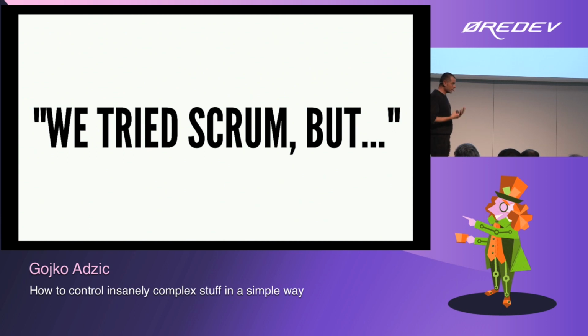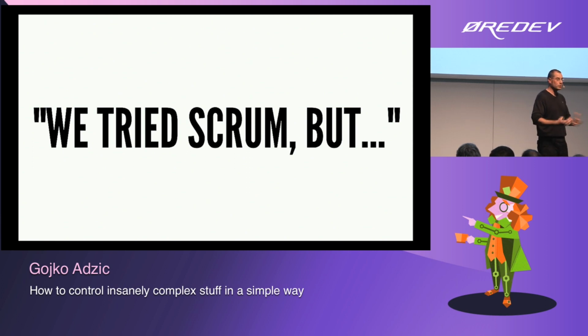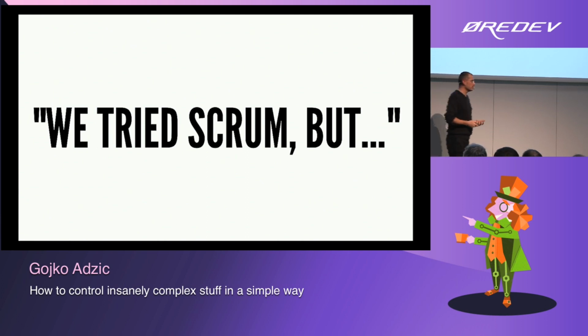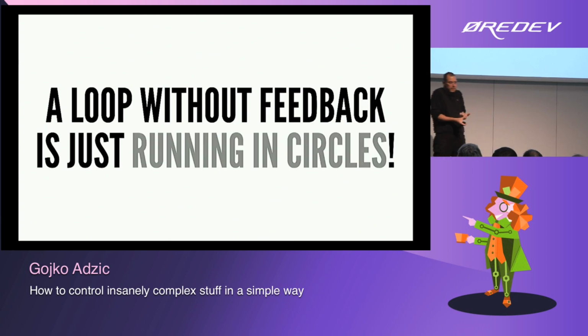So, Scrum has some concept of feed-forward. Scrum has some stuff that other people have tried, and it turned out it was a good idea in their context. Like user stories, which has some stuff that people have tried. It was totally useless, but people keep doing it again, like writing user stories. But essentially, when we're talking about the human system, we need to come up with some basic rules for a feedback system. And that's all these 4 components. If we have a loop without a feedback, that's not a feedback system. That's basically just running in circles. And people pretend they're doing iterations, but they're doing the same thing over and over again, and then they're complaining. So that's not a feedback cycle.